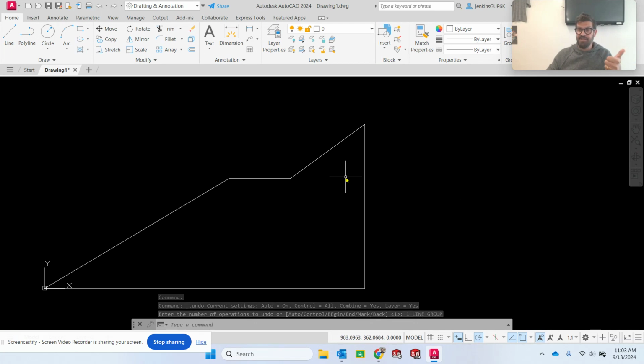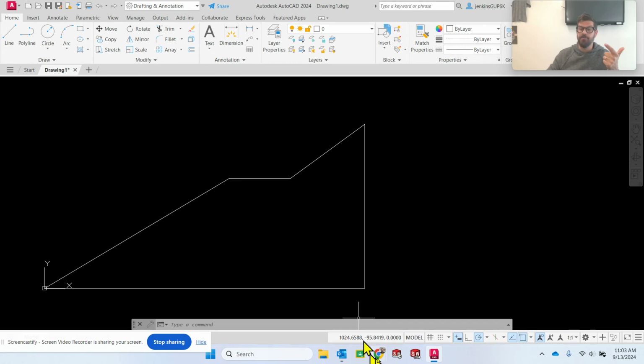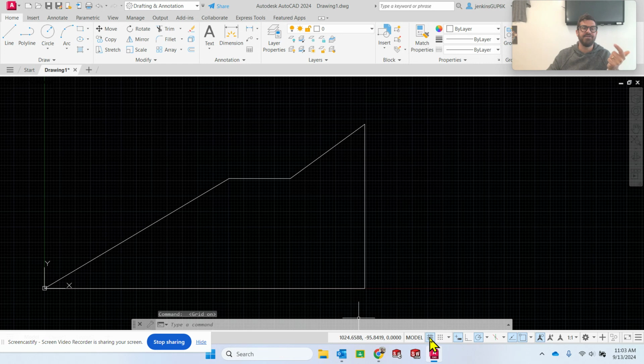So we got lines. We got lines of specified length. We got lines of specified angle. A couple more settings to think about here. If you want to see your grid in the background, it doesn't show up so well against the background. If you want to see the grid, you can display the grid on. Now, this other button right next to the grid line allows you to snap to the grid lines. I don't like this tool because it limits where I'm able to start and end lines, but you'll see what happens. If I want to make a line,